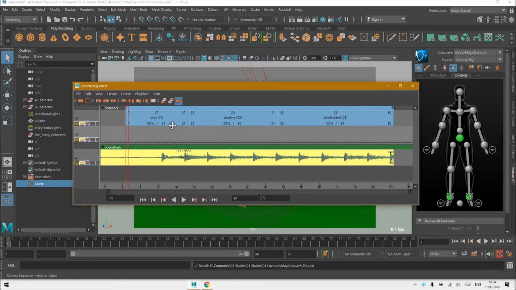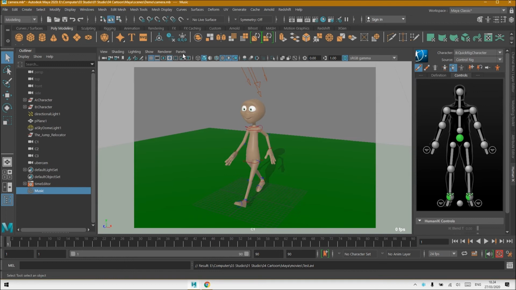The last thing I also want to show you is the Uber camera, which is going to shift between the different cameras. Just go to the create menu and choose Uber camera, and that is it. So now I can go back. I'm just going to close this. So now if I just play my animation,